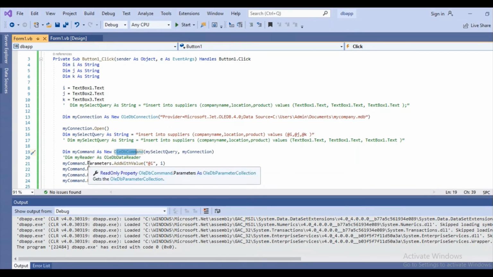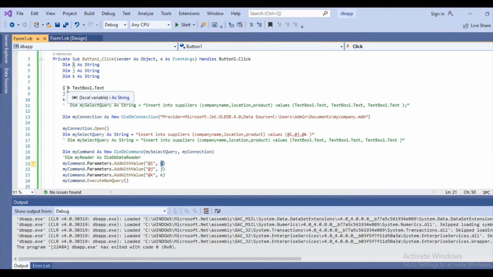So Parameters.AddWithValue. What we are going to do is add these parameters with their values. @I represents the variable I, @J represents the variable J, @K represents the variable K. You would have to do it every time you want to insert a variable as a value.